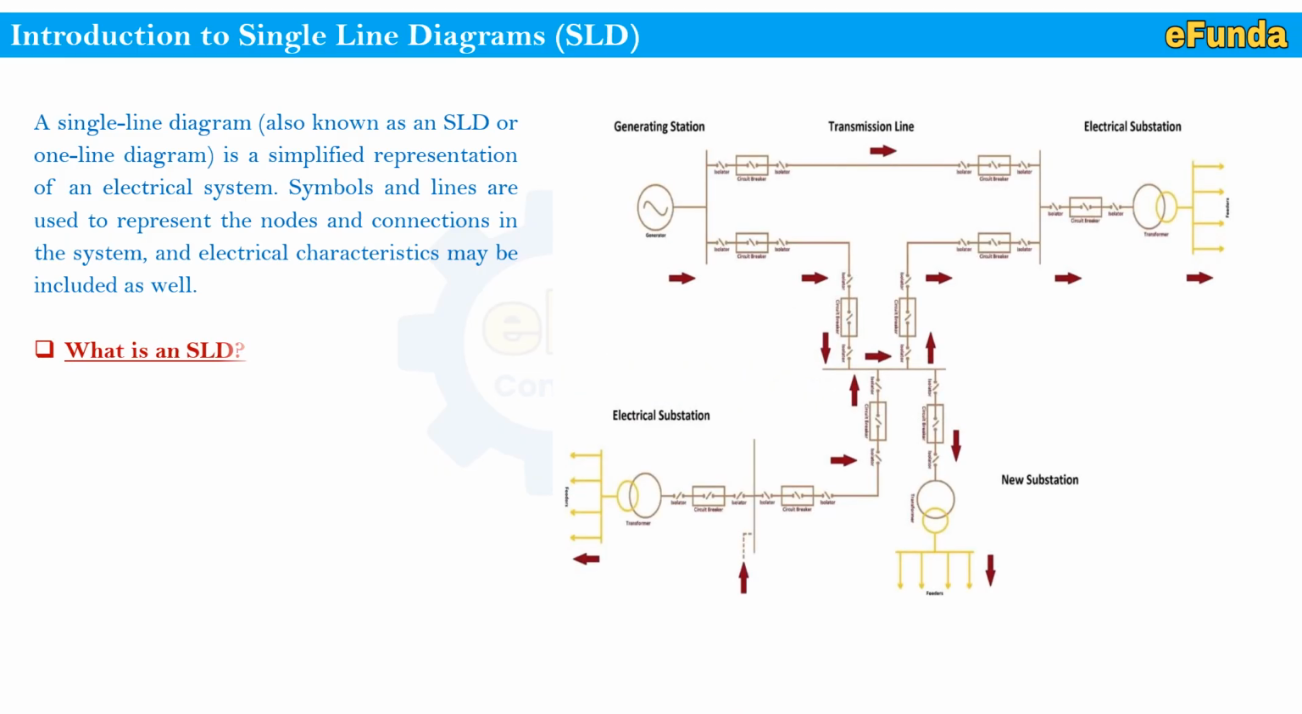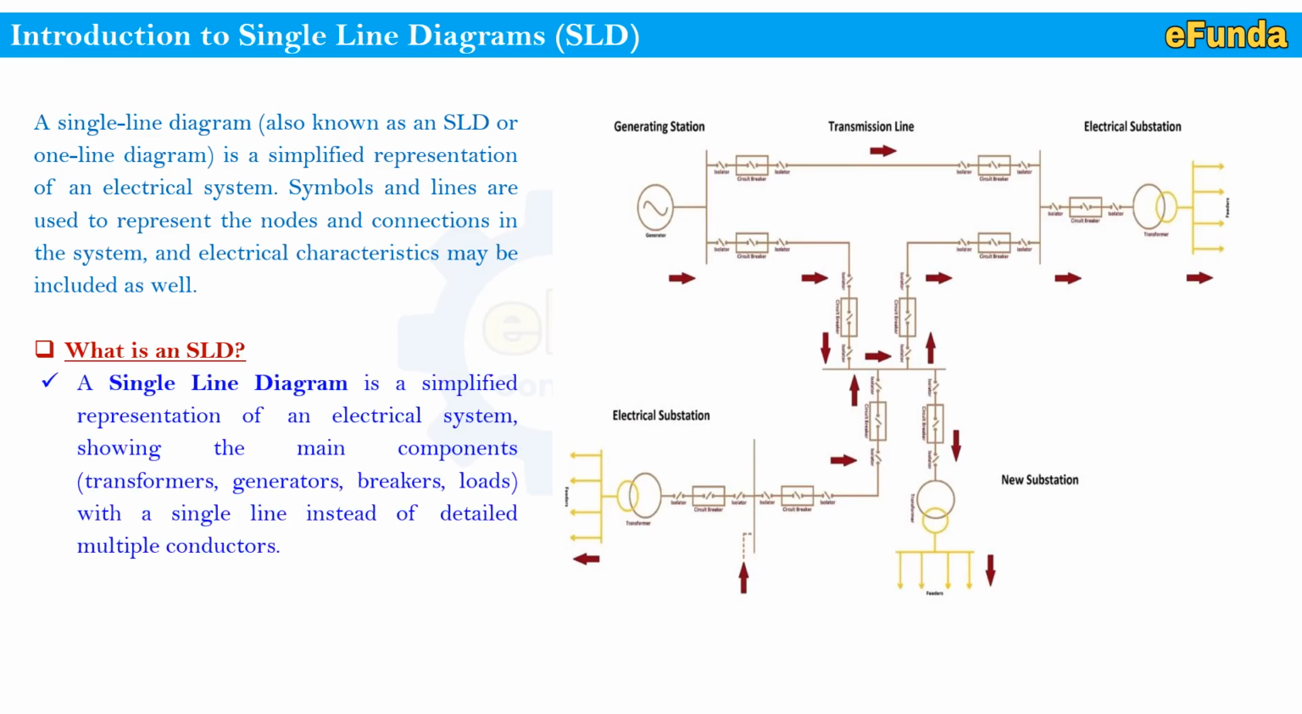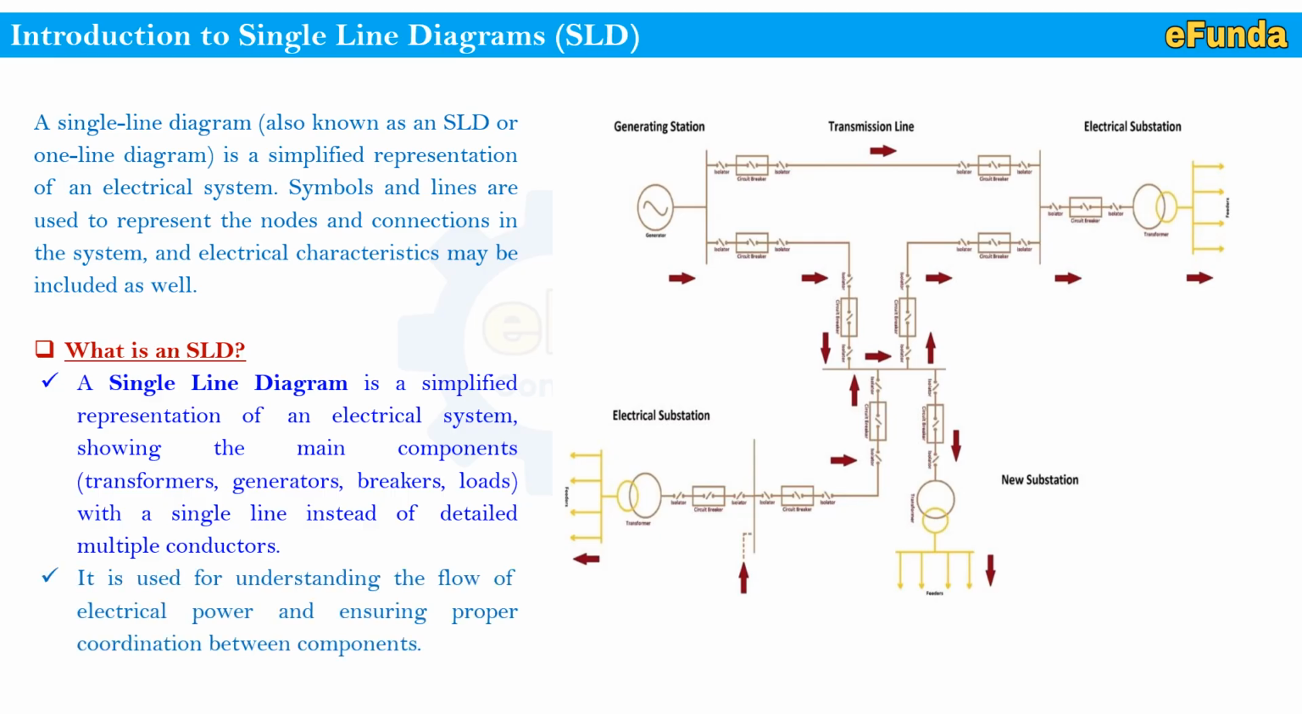What is SLD? A single line diagram is a simplified representation of electrical systems showing the main components such as a transformer, generator, breakers, and loads with a single line, instead of detailed multiple conductors. It is used for understanding the flow of electrical power and ensuring proper